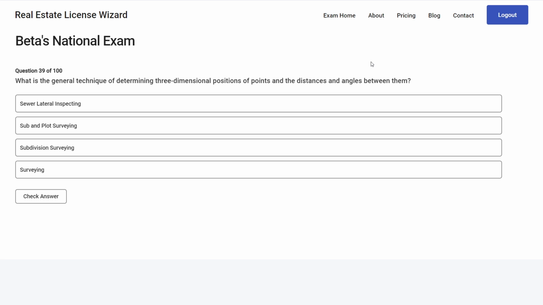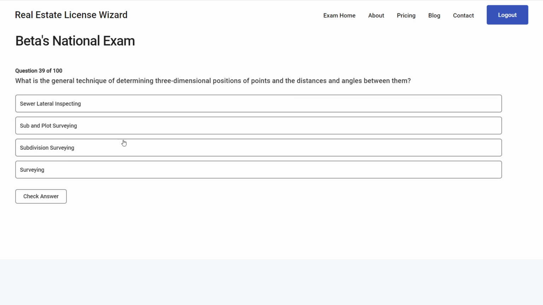Did you guys figure it out? Okay, this is kind of a trick question. So when you are reading this, what is the general technique? I want you guys to underline this, or highlight it or do whatever. The general technique, because believe it or not,